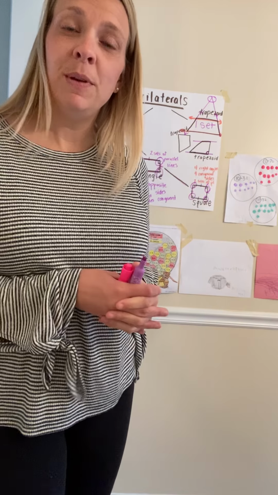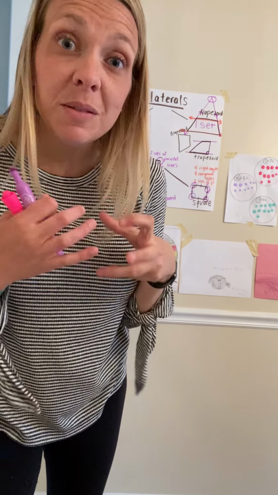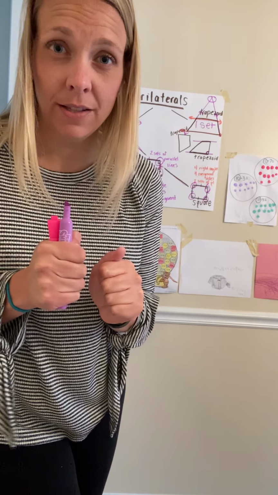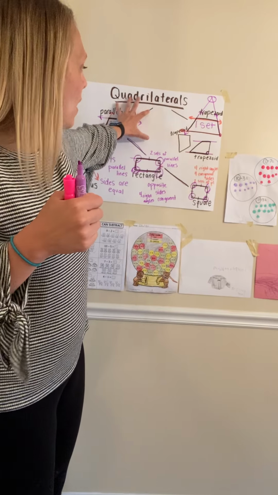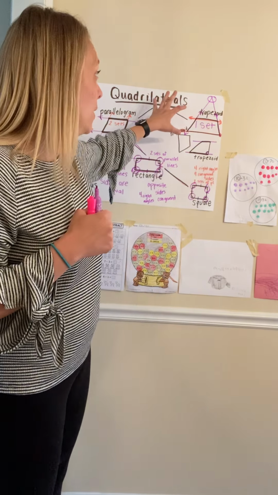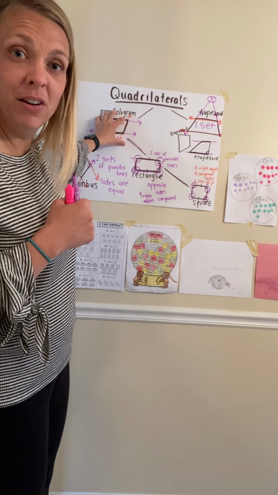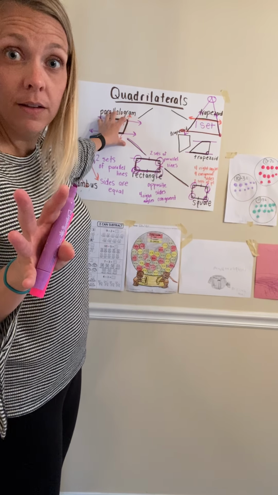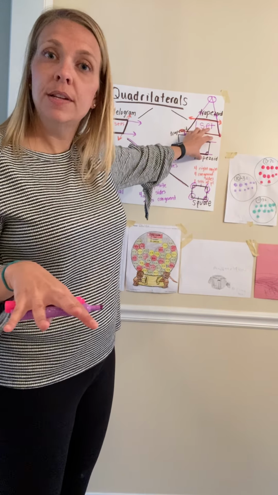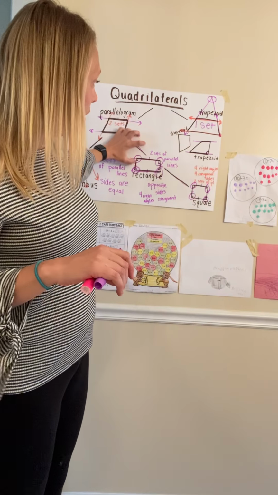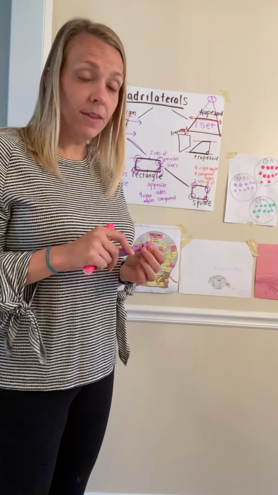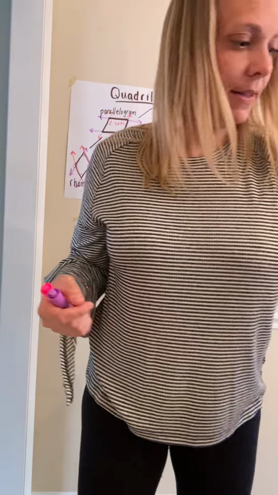Now, a lot of times people will say, give the most specific answer. So if it asks you to give the most specific answer, that means it wants you to go as far down the quadrilateral hierarchy as you can go. So if the furthest you can go is to say it's a parallelogram, stop there, okay? If the furthest you can go is to say it's a trapezoid, you stop there. But if it's a square and you can go all the way down, then you always want to say it's a square. So I'm going to leave you with a word of advice